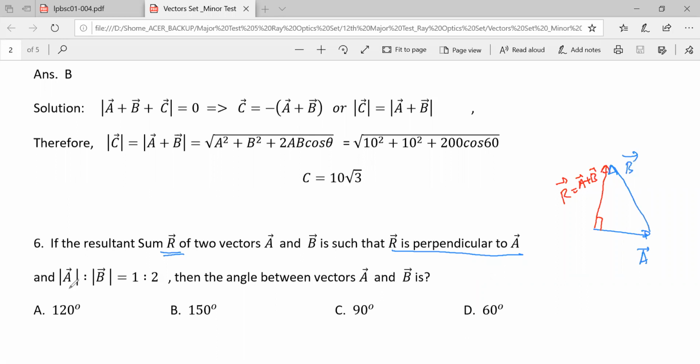Okay. And plus it is given that A is to B is 1 is to 2. Okay. So if A has a magnitude x, let's say B will have a magnitude of 2x. So what about the magnitude of R? So we have to find the angle between A and B. So that is this angle, to find this angle theta. Okay. So for that you can start with the interior angle. Say this is alpha. So you can see that cos alpha is 1 by 2 based upon hypotenuse. So that means alpha is 60 degrees. So therefore theta is how much? It's 120 degrees.